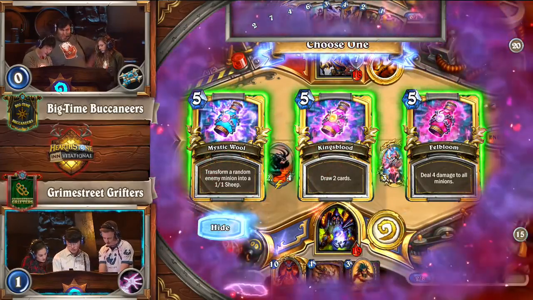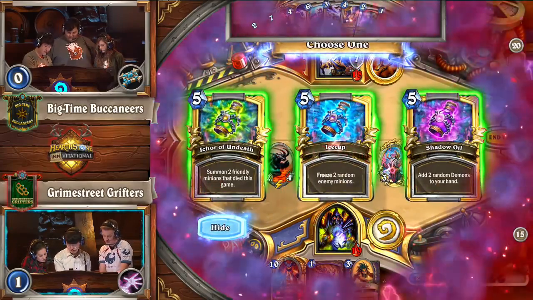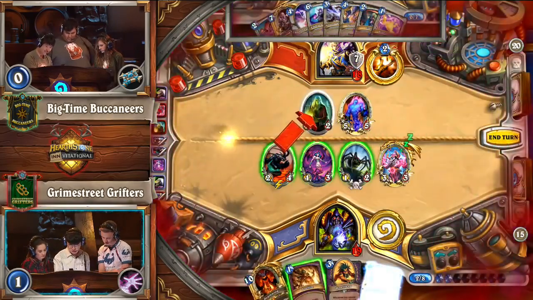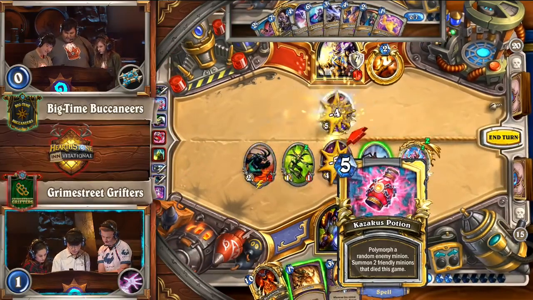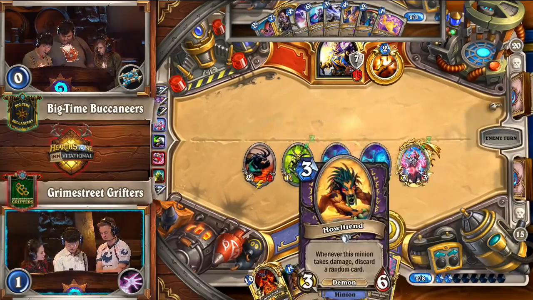They just want damage. Damage and summon. That's what they're looking for. 5 damage twice. Ooh, 5 damage. Yeah, that doesn't really happen. No, it cannot happen. Only once in a while. Occasionally, 1 in every 100,000 Kazakus potions, you get damage twice. If you've got a Prophet Velen in play, it's...